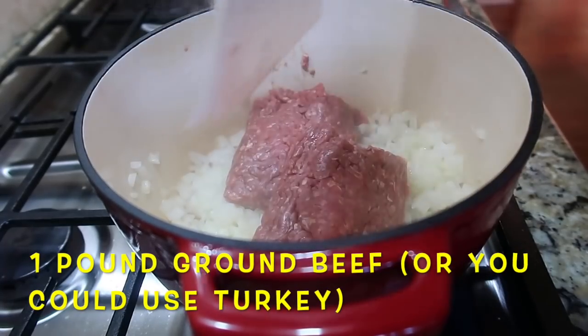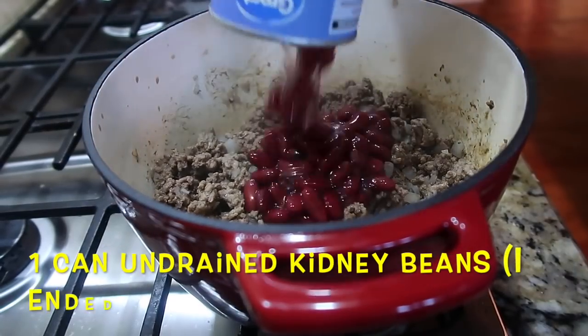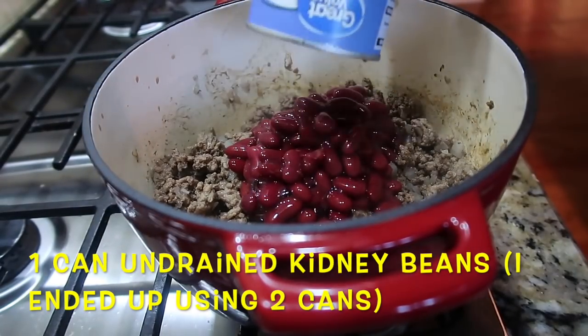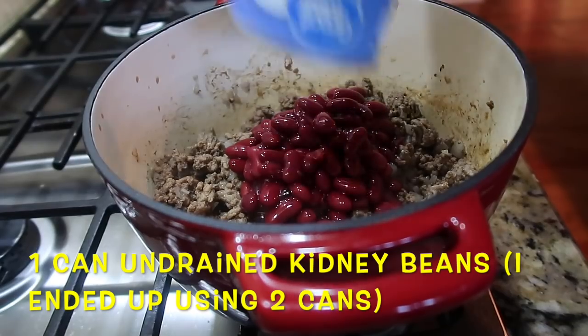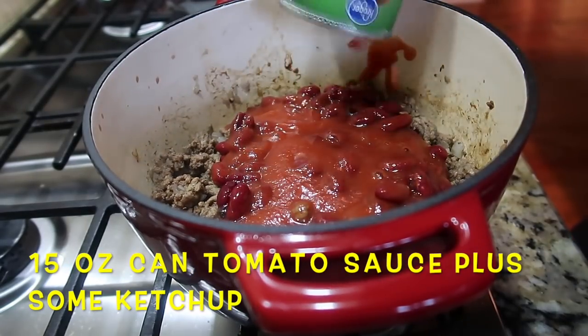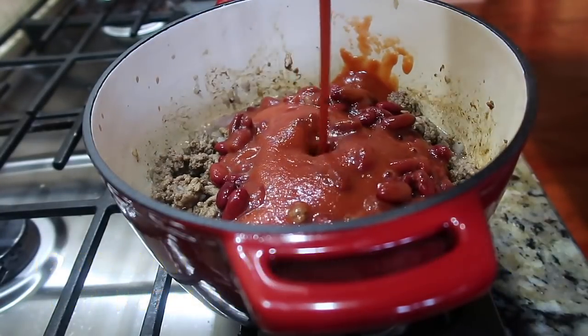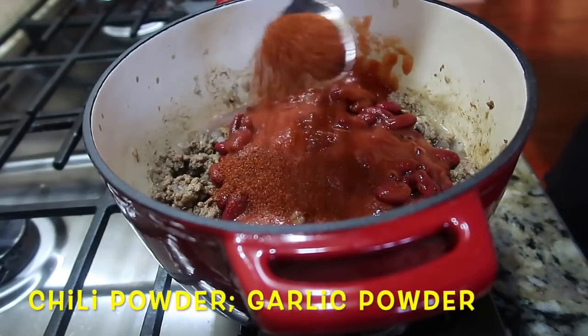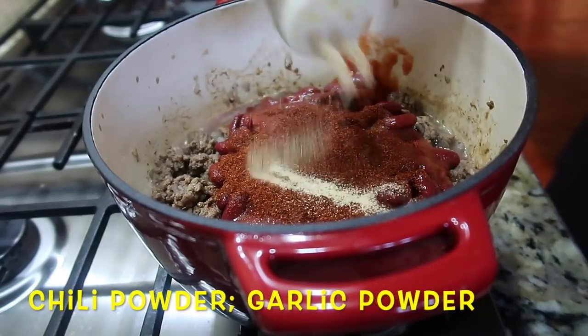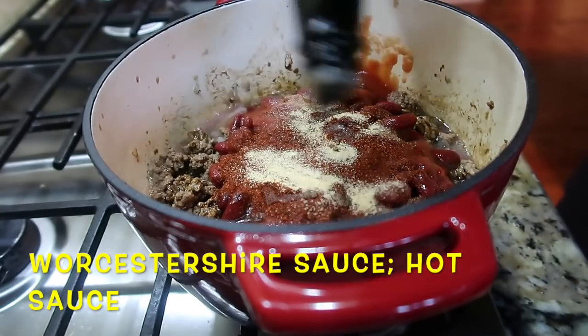I put some diced onion in my small soup pot. Add a pound of ground beef, or you could use turkey, and brown that. I added one can of undrained kidney beans, and then later I decided to add some more. I added a large can of tomato sauce and a few squirts of ketchup. Then I started with the seasonings, a whole bunch of awesome chili powder, some garlic powder, Worcestershire sauce, hot sauce,